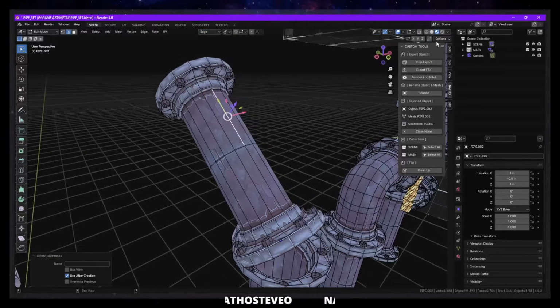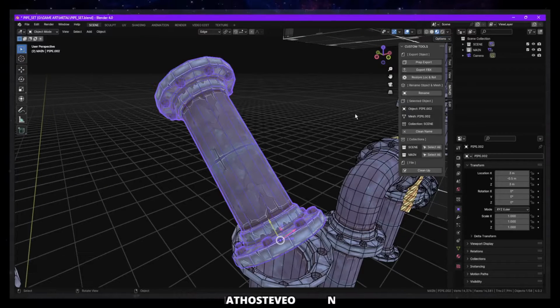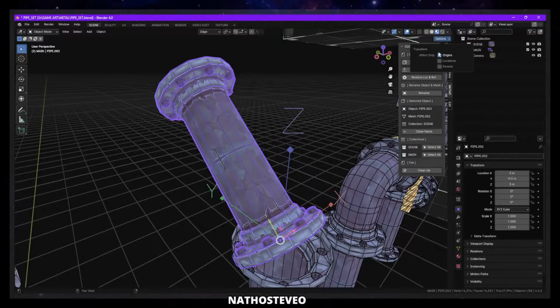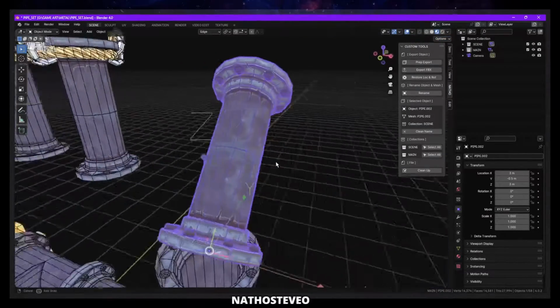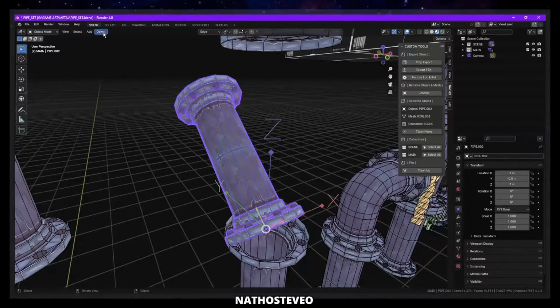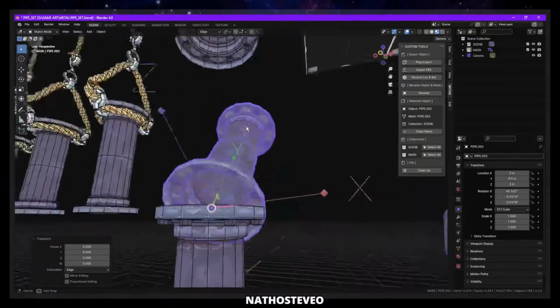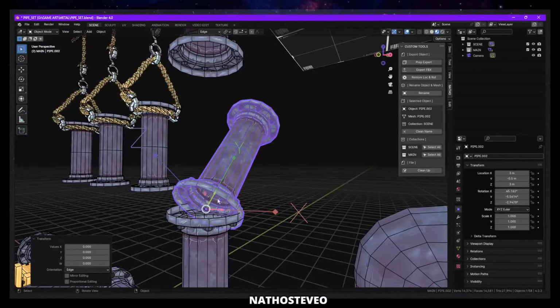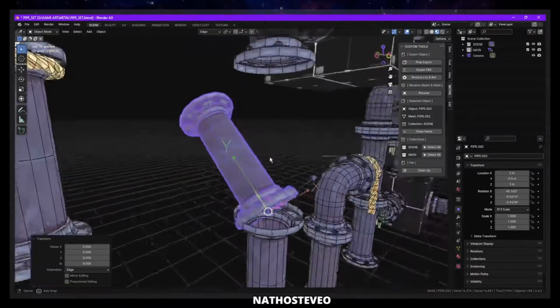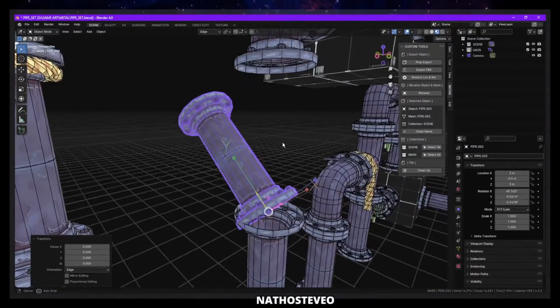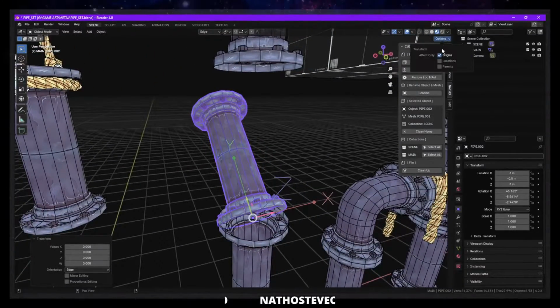So now hop into object mode. Let's hop to origins. Enable origins here. We're only affecting origins. Object transform, align to transform orientation. You can see now our axes are aligned to our edge orientation. Let's hop out of origins